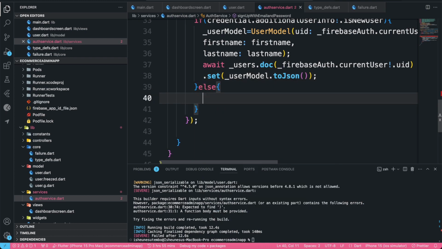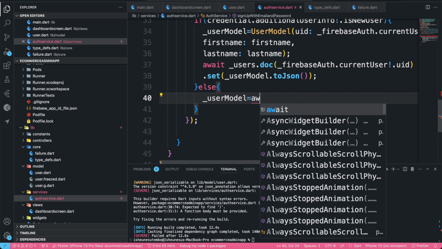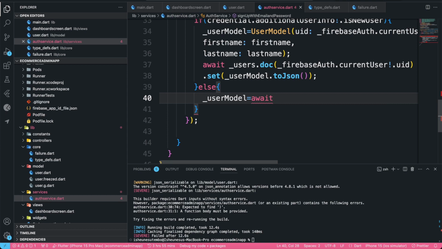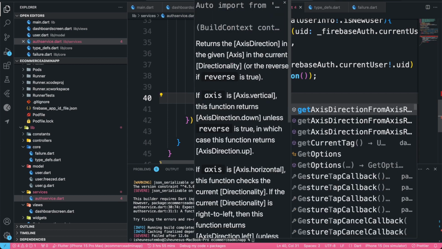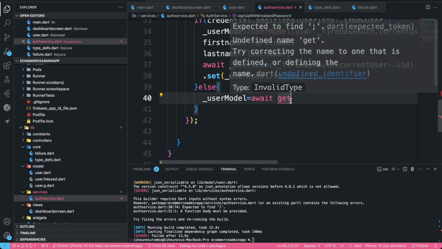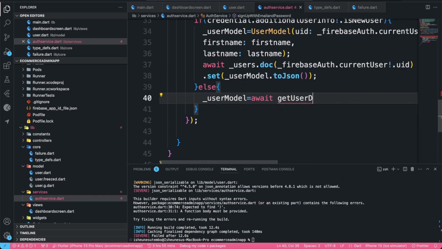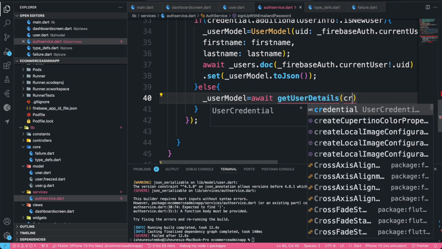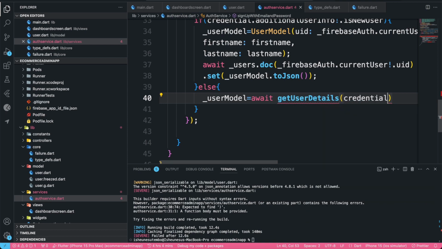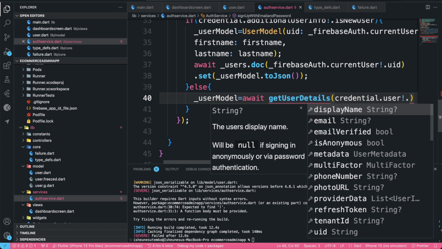Else, what we are going to do is user model is equal to await get user details, which is a function that we're just going to create, dot user dot